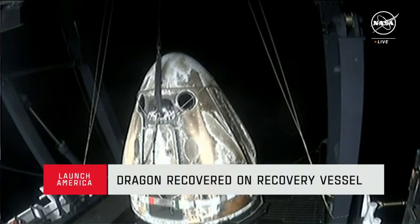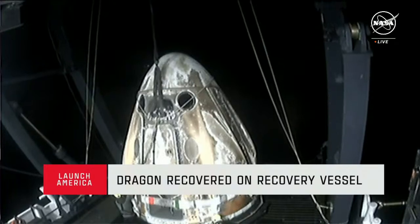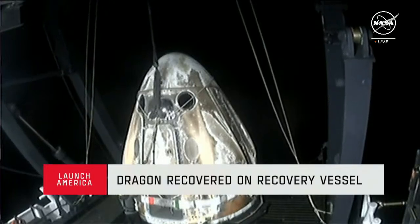And so next up, we will see Dragon appear to slide forward as it gets a little further in on the recovery vessel. And then the team will work to open up that hatch and get the crew out. Again, we do expect the crew to be assisted